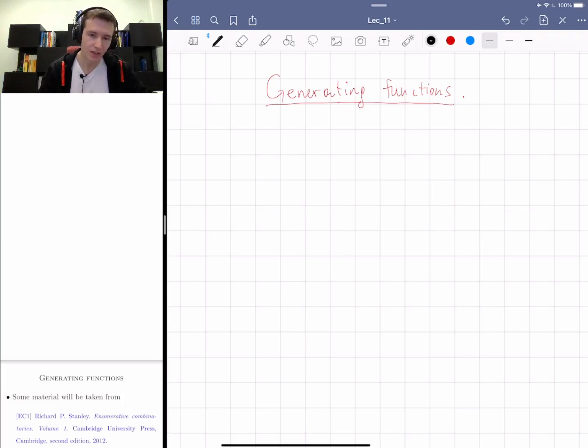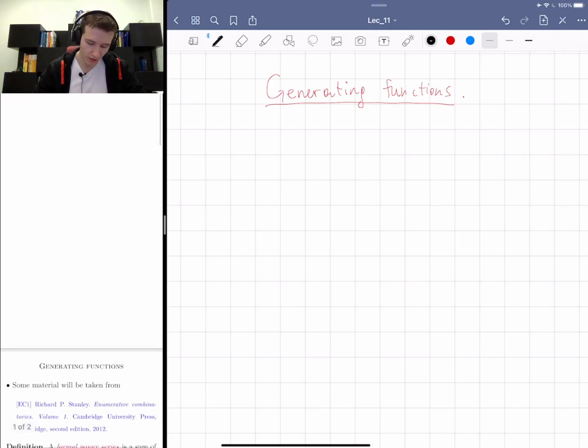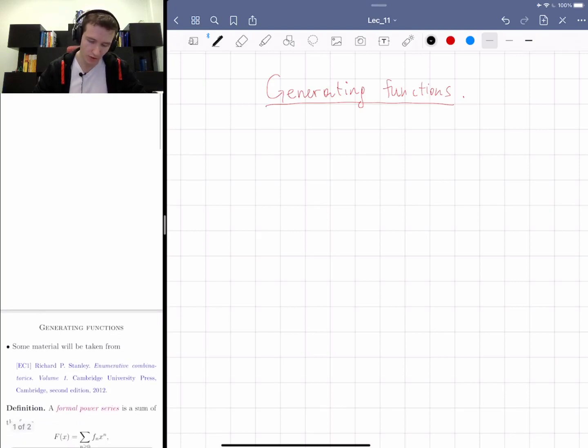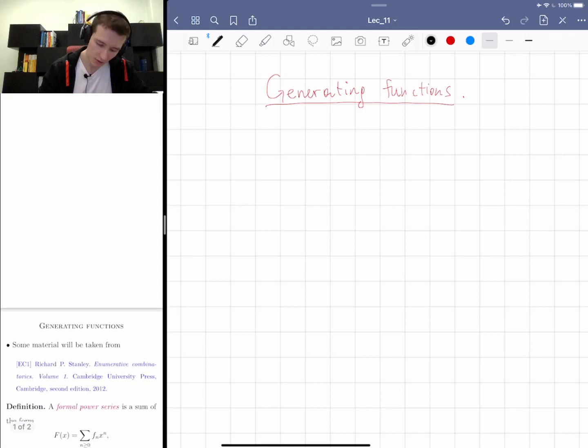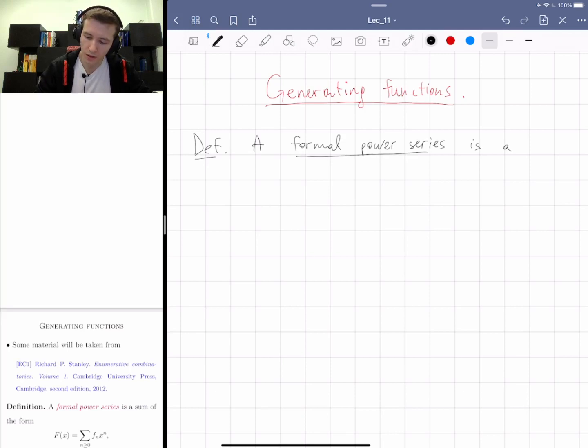Let me try to set things up with the generating functions. The idea is very simple. We're going to consider what is called a formal power series. A formal power series is just a formal sum, a sum of the form